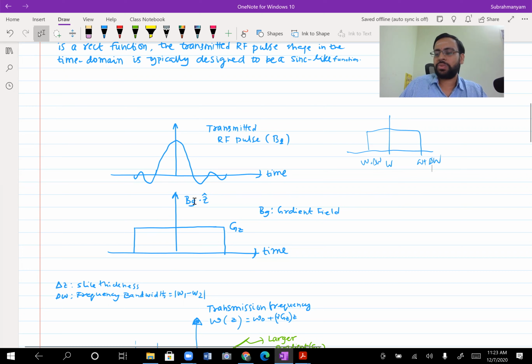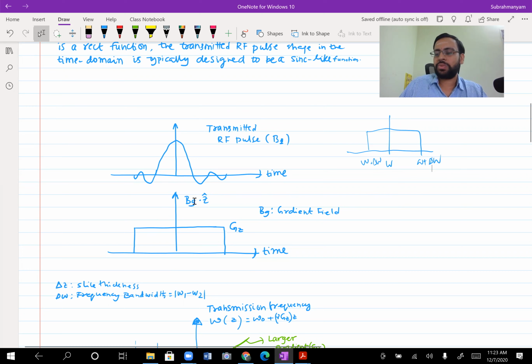So if you make b naught into gamma b naught, I could write here omega. That graph should be just a scaling, a matter of scaling. Now, for simplicity, observe here how b is the uniform magnetic field. Earlier there was a uniform magnetic field, now you have a spatially varying one. How is it going to vary? The component everywhere is b naught into z cap. You could think of that as this dotted line. In addition to that, you are adding zz times z.